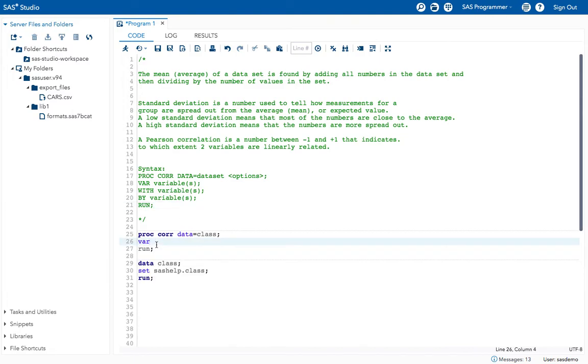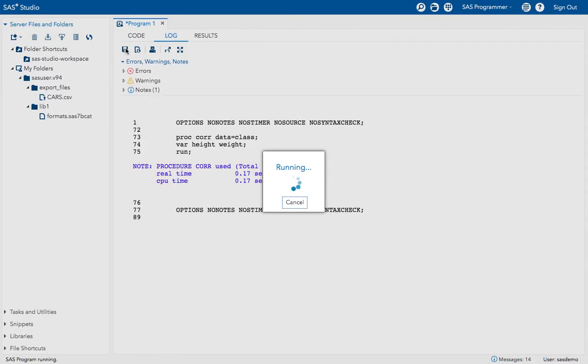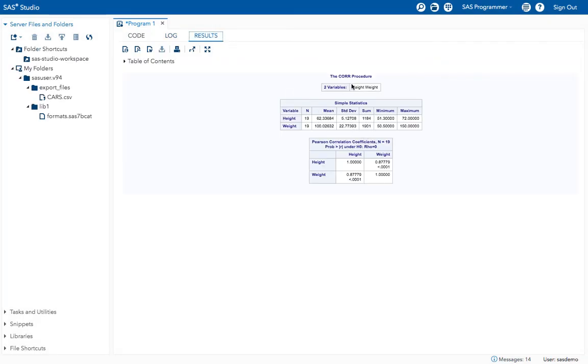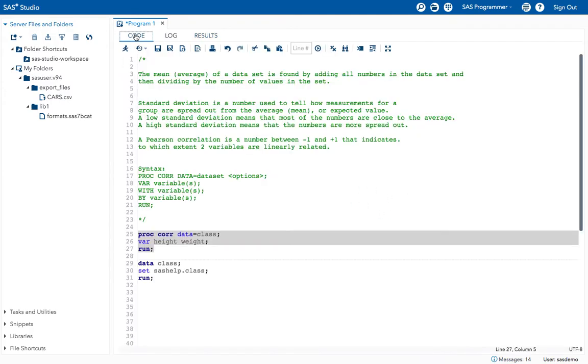Okay, see here, now I want to get correlation for height and weight variables only. Earlier I got correlation for height, weight and age also, right? Now I want correlation for only height and weight. Okay, just mention how many variables that you want with a space. See, now I want correlation for these two variables only. See, now I got correlation for only height and weight variables.